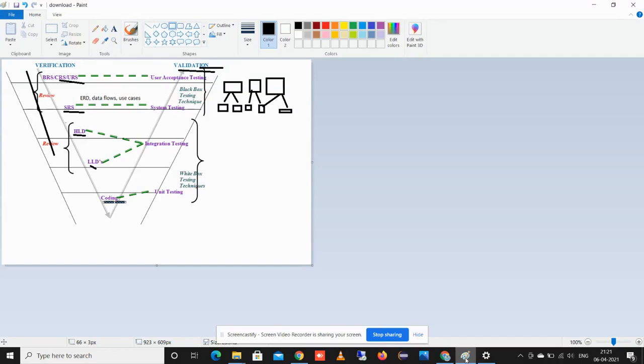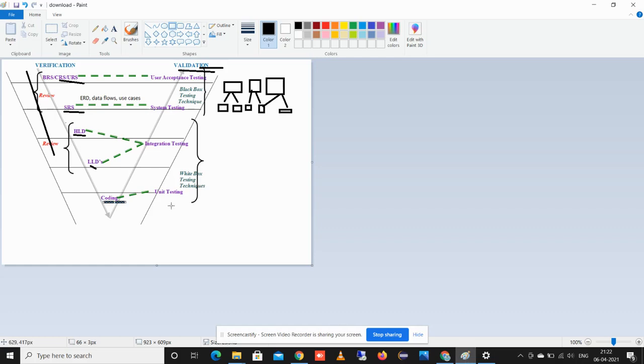So now you can explain what verification is here. Verification means: are we following the process correctly or not? We do a step-by-step process. Verification involves reviewing the documents, and not only reviewing; sometimes we involve walkthroughs and inspections. We will talk about these activities in the next session.